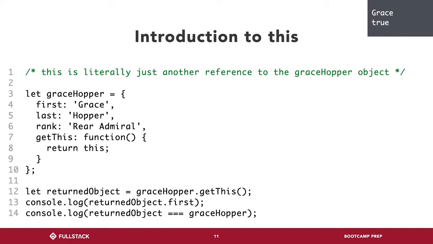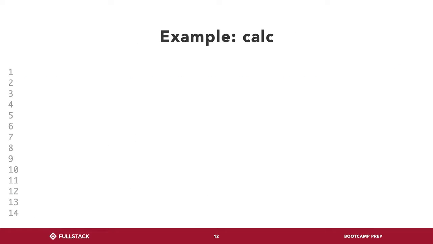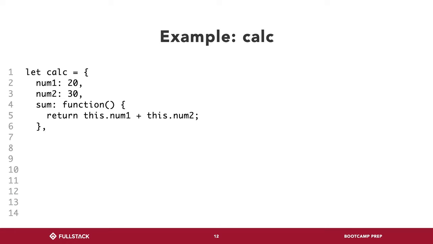So this is what we just did. returnedObject.first is Grace. returnedObject triple equals Grace Hopper, which is an object. Same thing, true, boom. Oh, they have the calculator example too. Oh, this is kind of what I did. So pretty much,